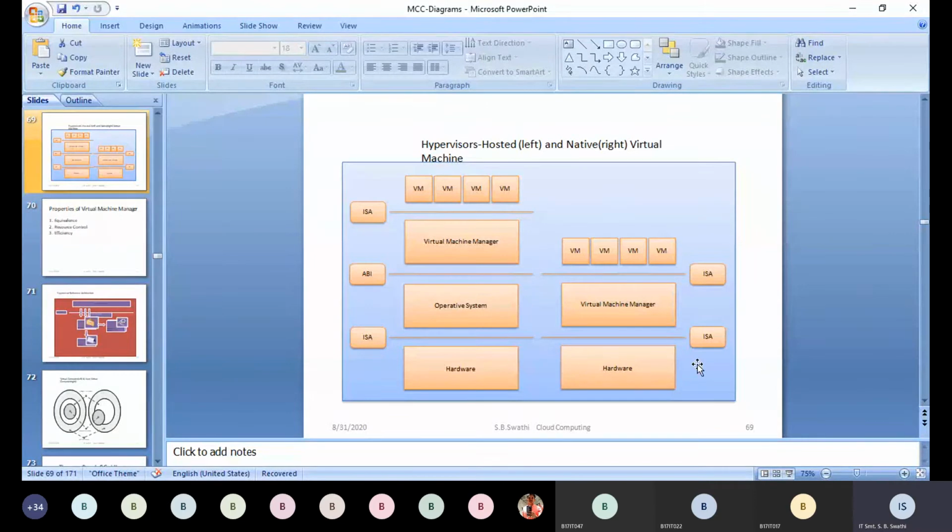You have to write it down. If you write only, you will remember the things. Otherwise, everything will appear new. You won't get familiar with this new terminology, VMM, ISA, ABI. Again, if you see it, you will think that it is a new word. Just write down this one. This is the most important, and this is the most repeated question.